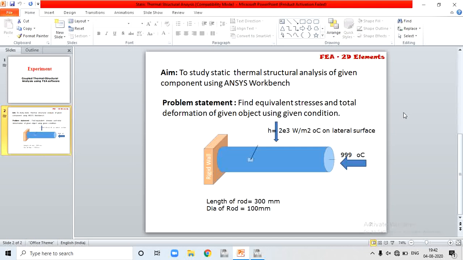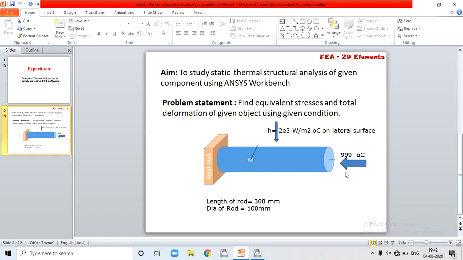For the object, we'll take a cylindrical rod with length equal to 300 mm and diameter of rod equal to 100 mm. For thermal analysis, we have two inputs. On the free end, we apply 999 degree centigrade temperature.